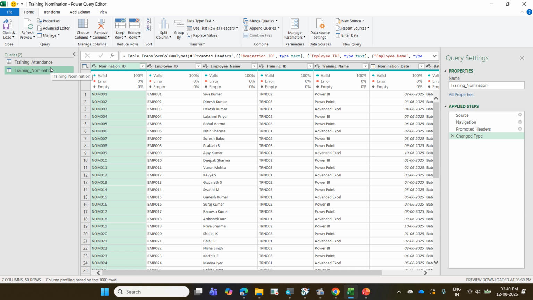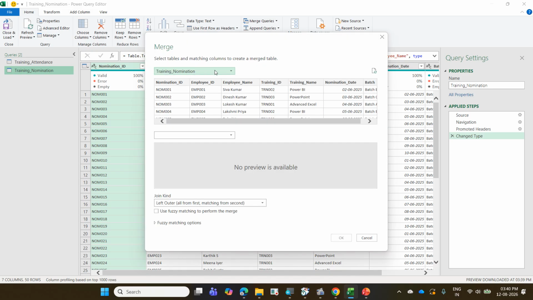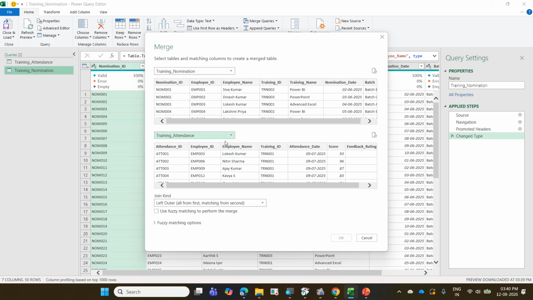Merge queries as new. So nomination is on the top, and at the bottom we have attendance. What is the common link? Employee ID and training ID, because the same employee would have attended different trainings. One person would have attended Excel, another person would have attended Power BI also. The same training will happen multiple times also. So training ID,